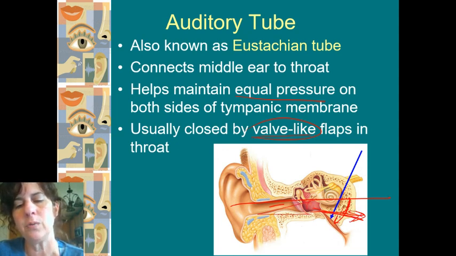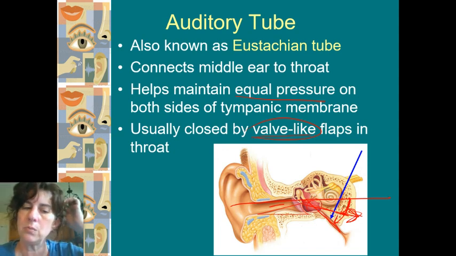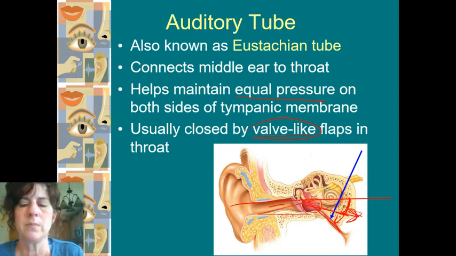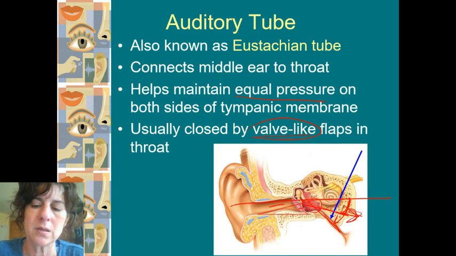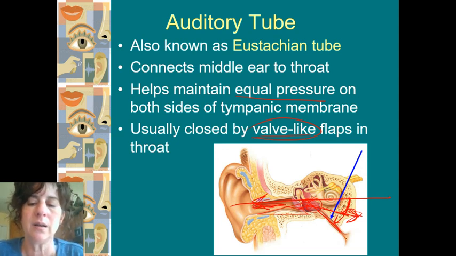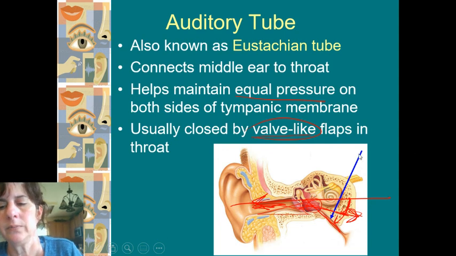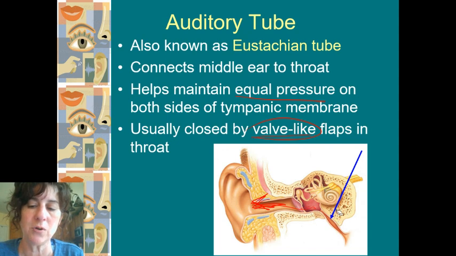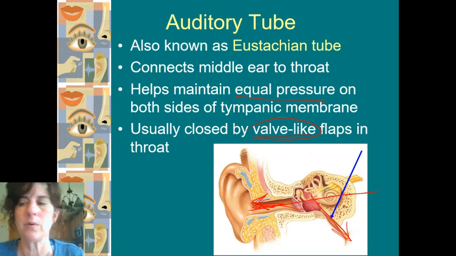That means the fluids that you would normally drip down here don't have that ability to drip. They're kind of getting stuck back here. So kids are a little more prone to ear infections because of that inability to drip those down. And you end up having to have little tubes inserted. Tubes in the ear is kind of just putting an artificial hole through this to allow the fluids to come out this way instead of dripping down for some kids. Usually they say you outgrow it, because your skull is changing shape and your skull is growing, so that angle becomes much more steep right there.